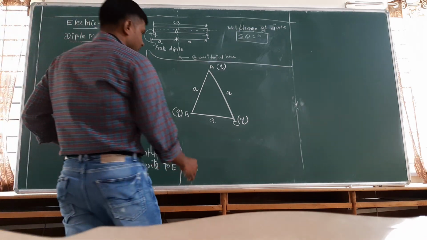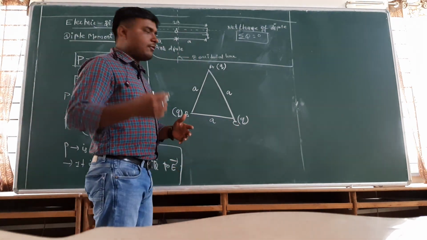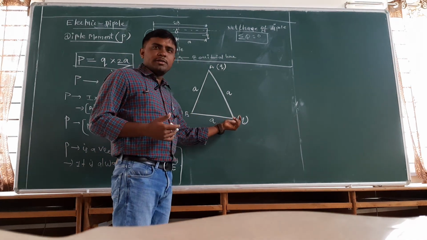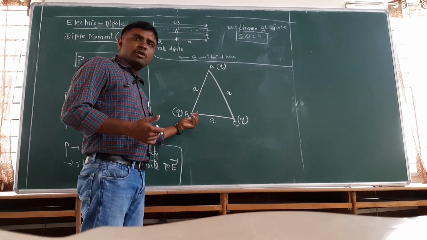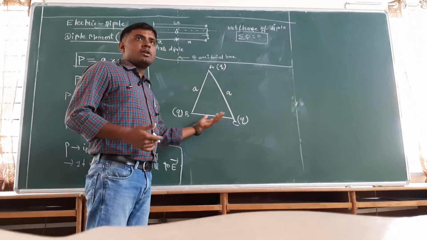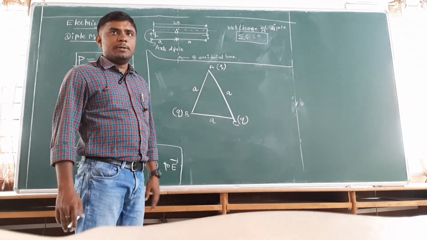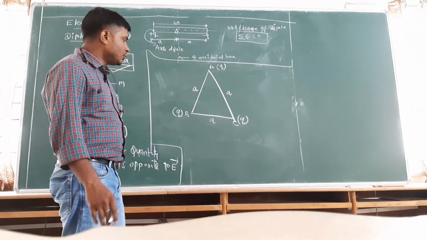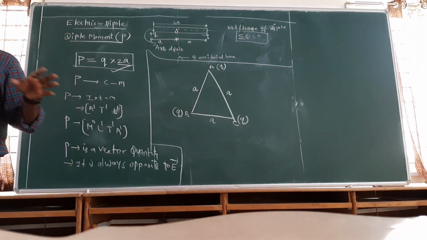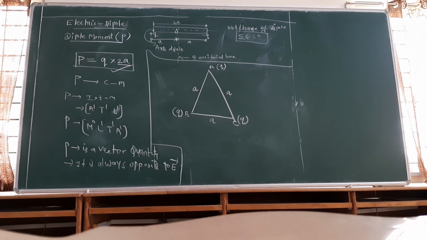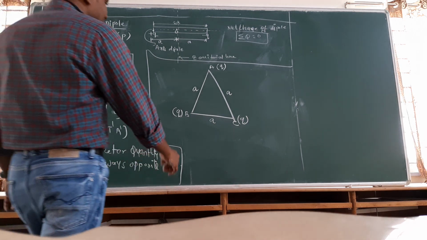Take any vertex. Let us take point C from my side. You can take A also, you can take B also, because all the three charges at these vertices are the same. So if you take any of the vertices, the answer will be the same. So at any point, let's say C, at point C,